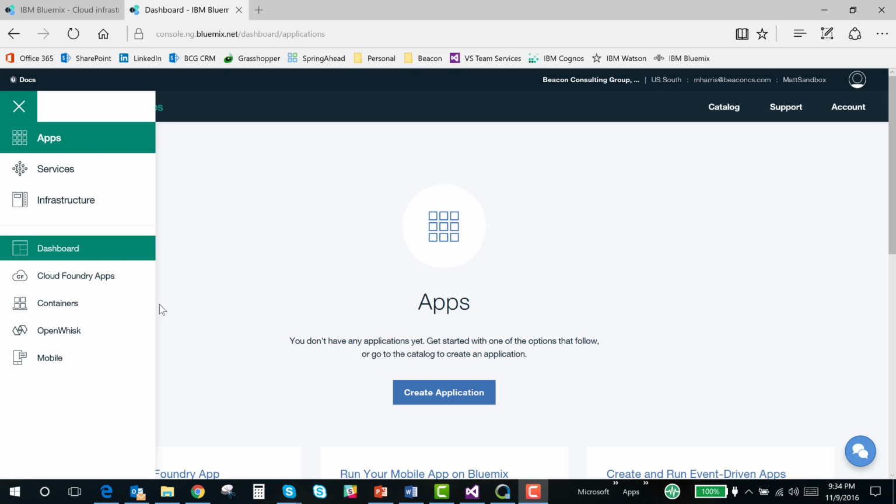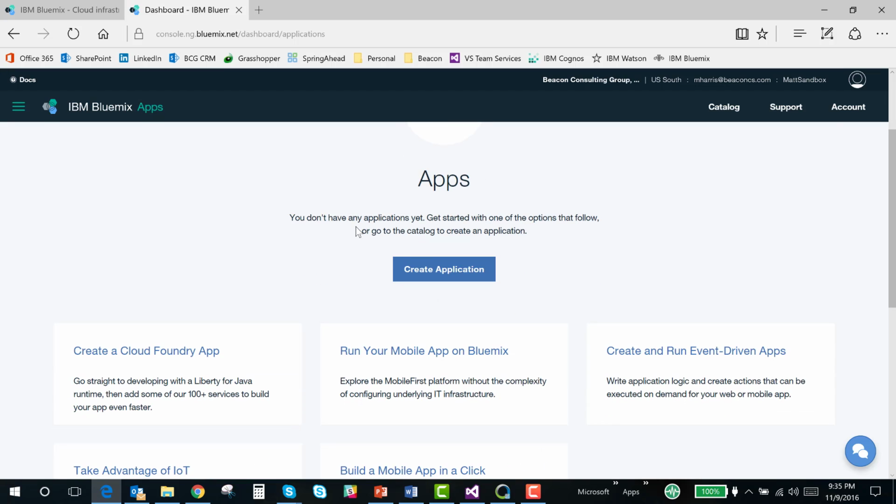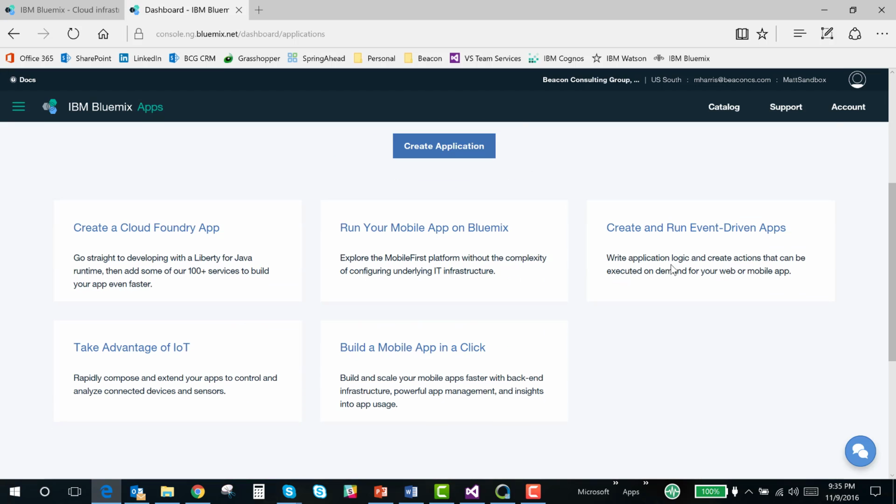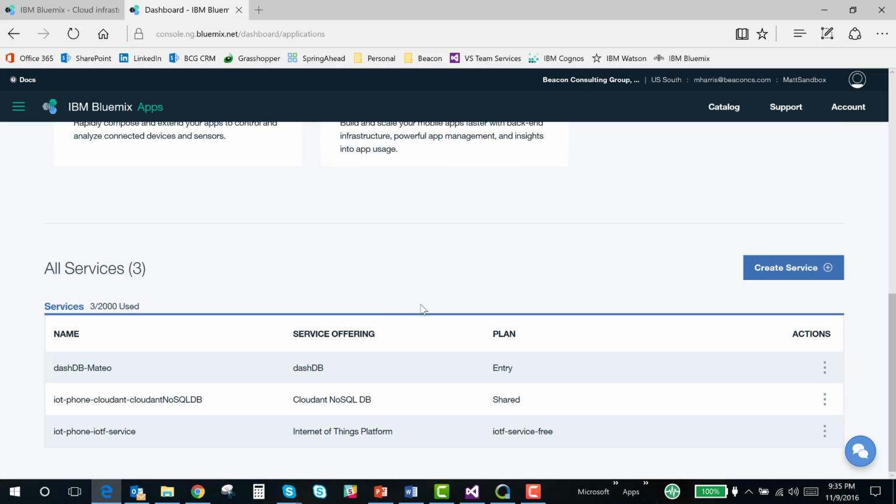I am now back at my main dashboard. By selecting dashboard, I can see all the application builders. It gives you an opportunity to use some boilerplate templates and create applications on the fly. Or I can view the services that I've already initialized, and you can see I have 3 of them here. It's interesting to see under the services I'm using 3 of 2,000 potential that I could use under this free account. Since we're focused on dashDB, let's click on it